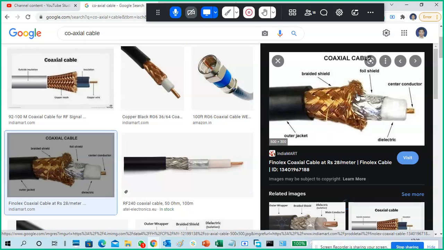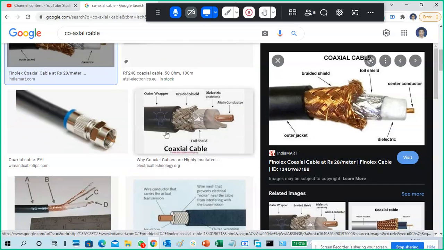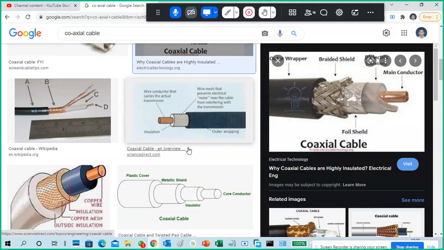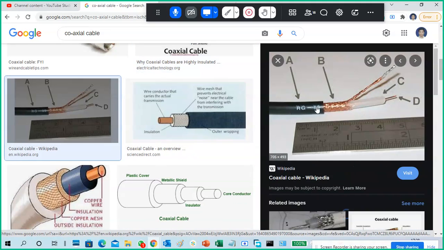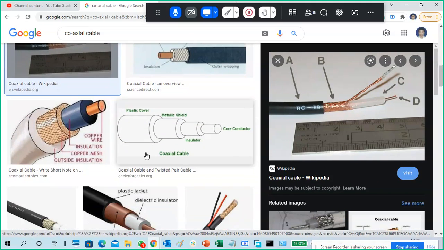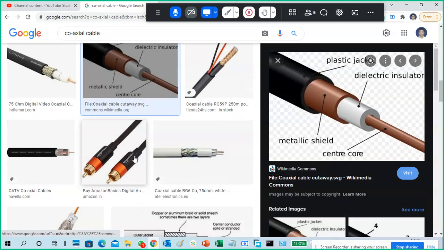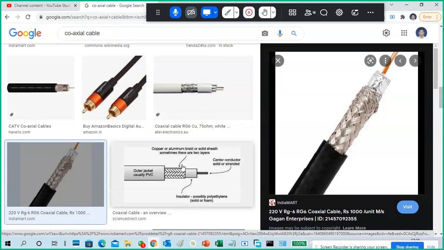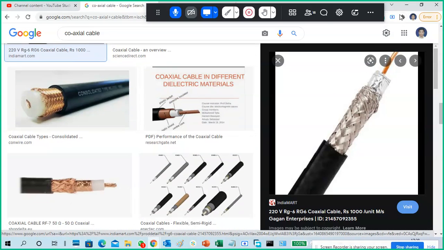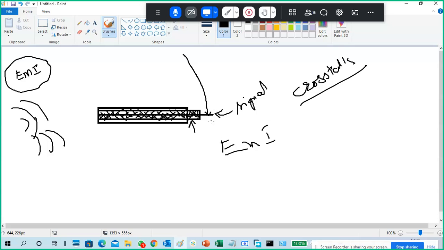So this is the same cable only. This cable we also use for network data transmission, and there are a lot of other purposes. Because it's a copper cable, electromagnetic interference easily happens. To protect from electromagnetic interference, we are using this mesh. A mixture of one signal into another signal, we call it crosstalk.